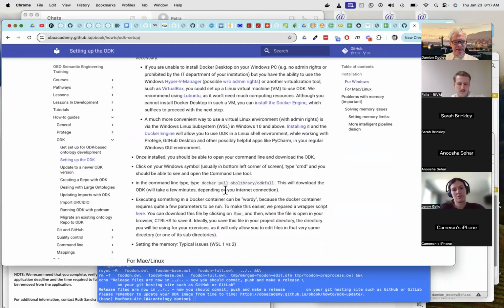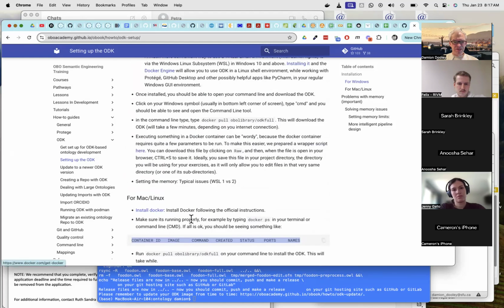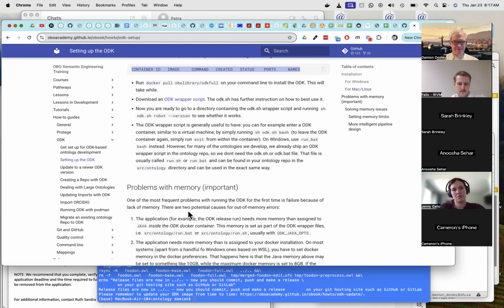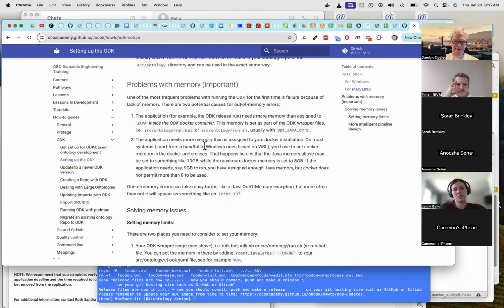So in the setup of ODK, they just talk you through a little bit about how to load Docker and then get the ODK image. There's a bit of setup here that I've already done, so you won't even have to get into the technical details of that. I've already downloaded the ODK wrapper script